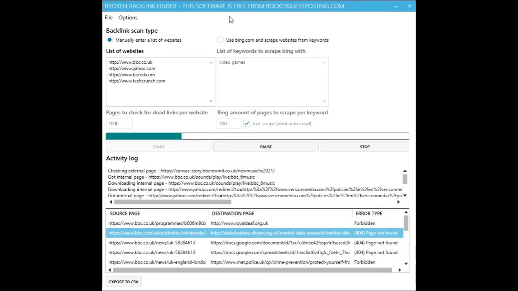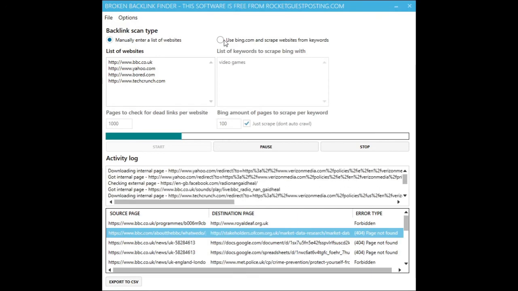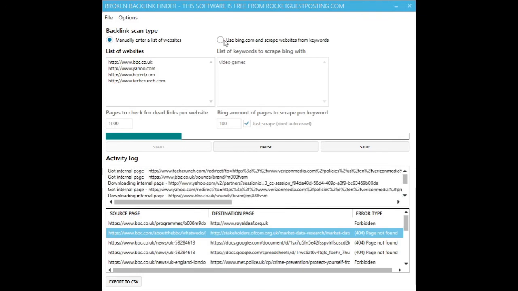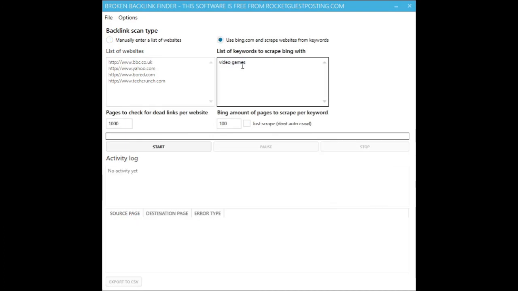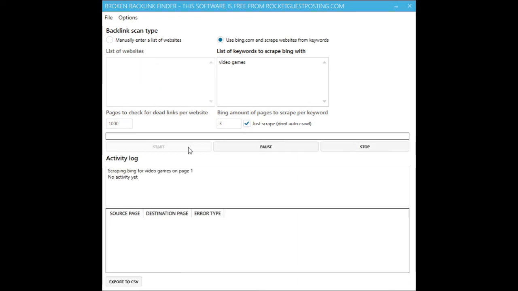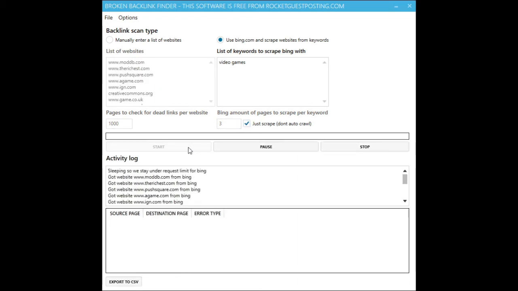So next we will show you how to use the feature where you enter in a list of keywords and it will pull those results from Bing and then crawl those websites. In this example I'm just going to put video games in, and it's going to be a really quick, simple 3-page depth search, and I'm going to click that option so that I can check the websites before we crawl. So we click start and you can see that we're starting to get websites back